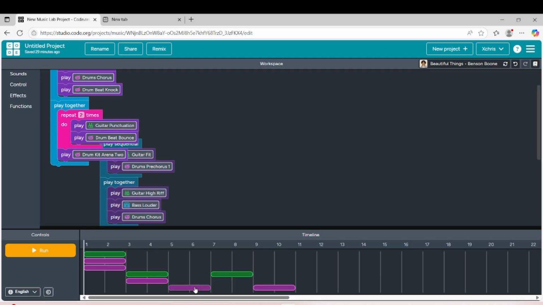But since we also put the second instrument inside the repeat function, it will only play when the repeat function starts. As you can see here, the first instrument inside the repeat function plays together with the other instrument inside the play together function.